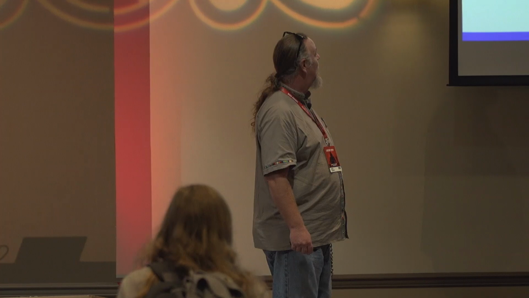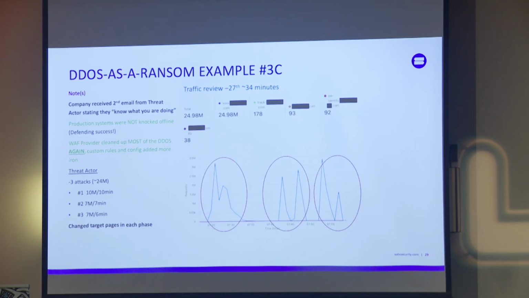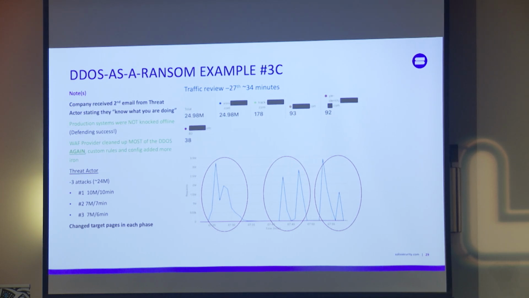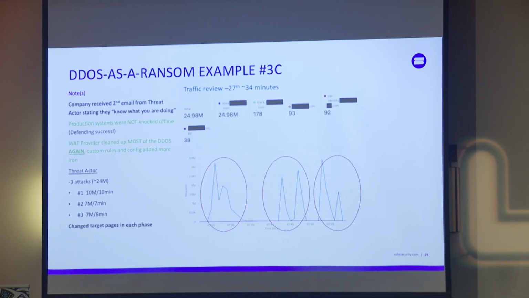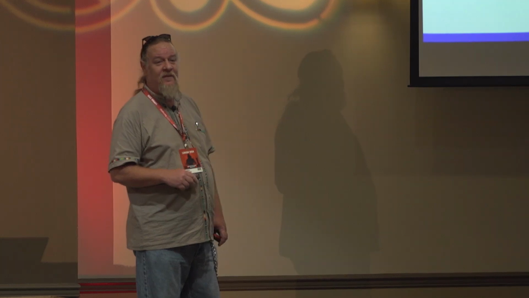They came back a fourth time, 34 minutes, and they had 25 million hits. That's a lot. Pretty good for some websites. I'm not sure maybe they'll get 25 million hits that quickly on a normal business basis. But you see three distinct waves where they kept changing their tactics, trying to get them to pay the ransom. And you could actually see, the threat actors sent them an email. Said, we know what you're doing. You're not paying the ransom, and we want the ransom money. So they hit them super hard this time. And they didn't need to. They didn't need to even file a claim. So it was all good, but you can see about 1 million a minute in each of those attacks.